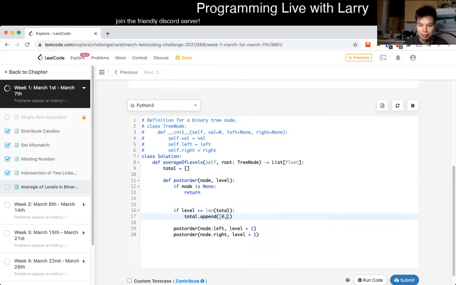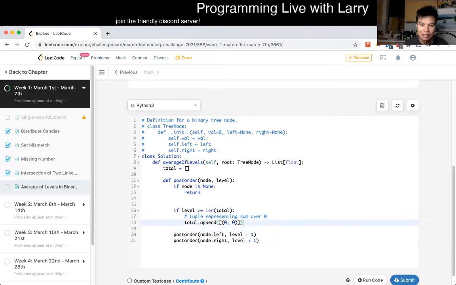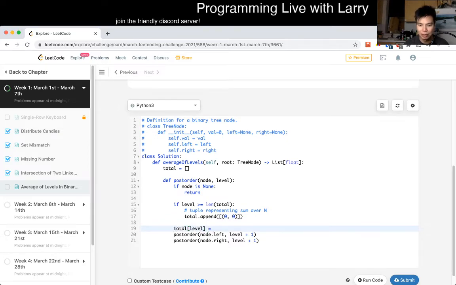00, say, where this is a tuple representing the sum over n, right? So this is almost a fraction, and we just don't reduce it until later. Yeah, and then now that we have this check here, we know that total of level exists, and that is just total of level,